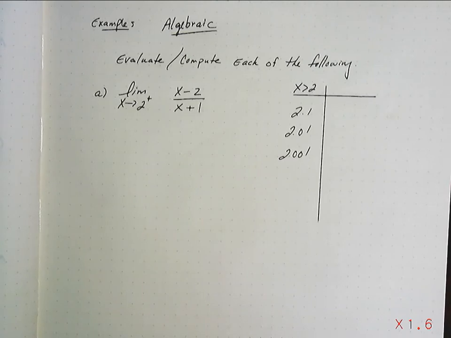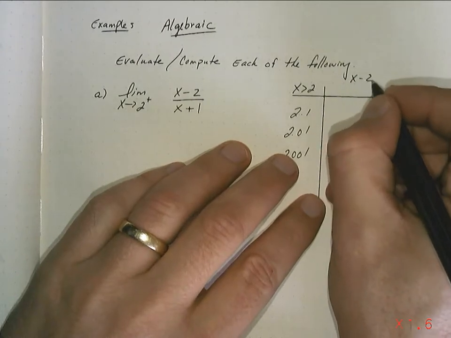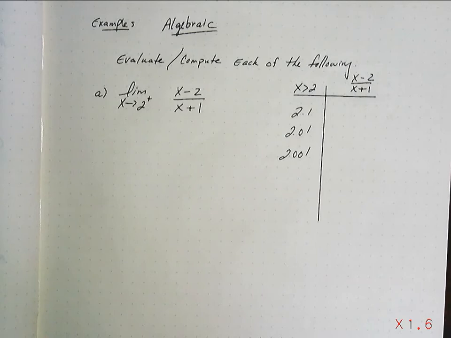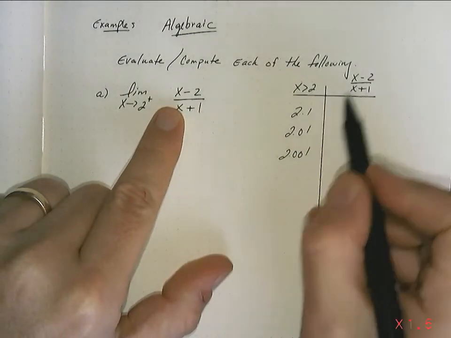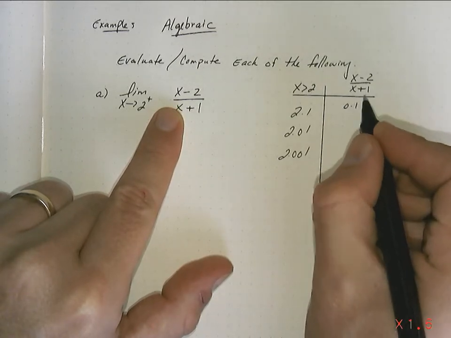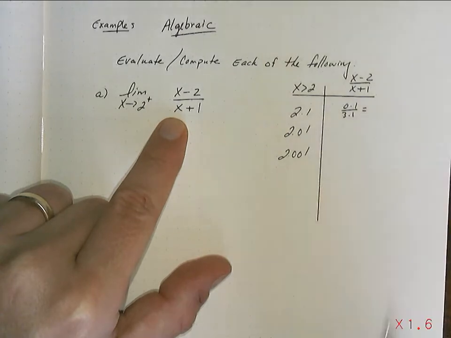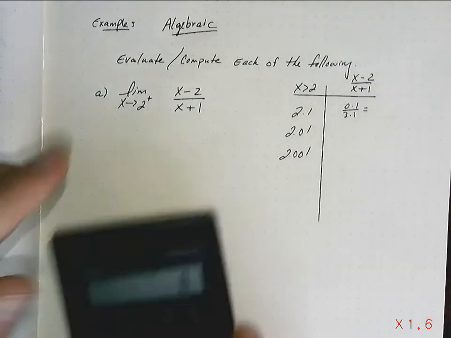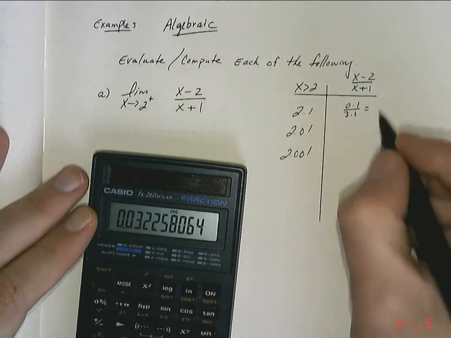I could keep going forever, and that really would be a waste of time. So I'll put in 3. And then what I should do is put in my function. So that's the expression that we have to evaluate now. I've got to take 2.1 and plug it in for x. So 2.1 subtract 2 is 0.1, and the bottom is going to be 3.1. So it's going to be 0.1 divided by 3.1. So you're going to grab a calculator. 0.1 divided by 3.1, and I get